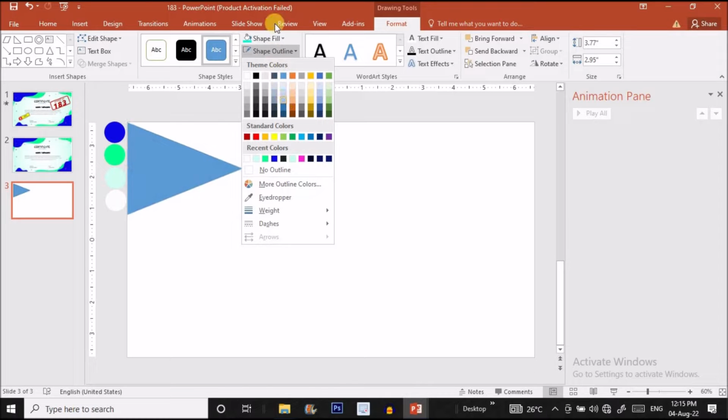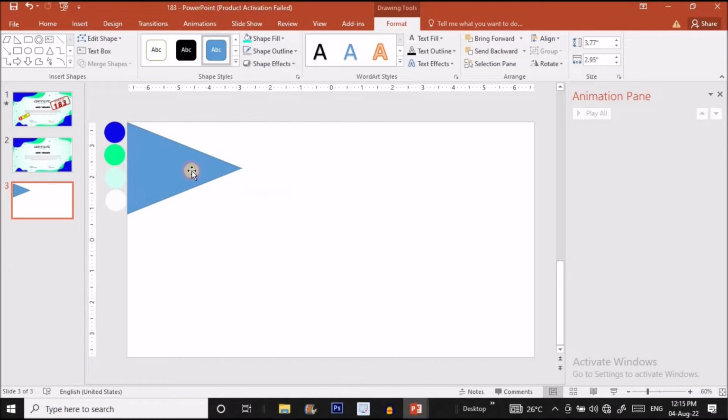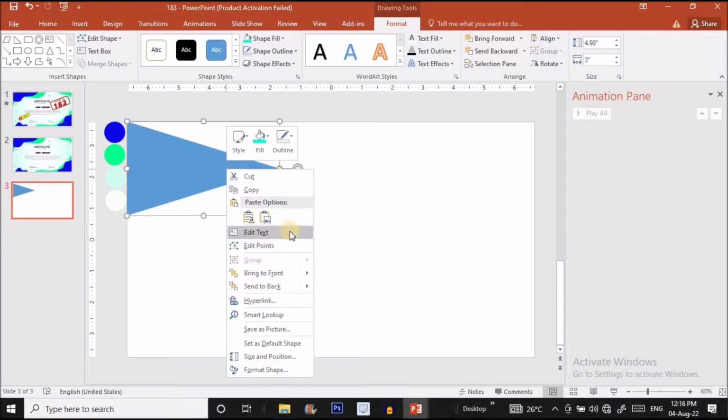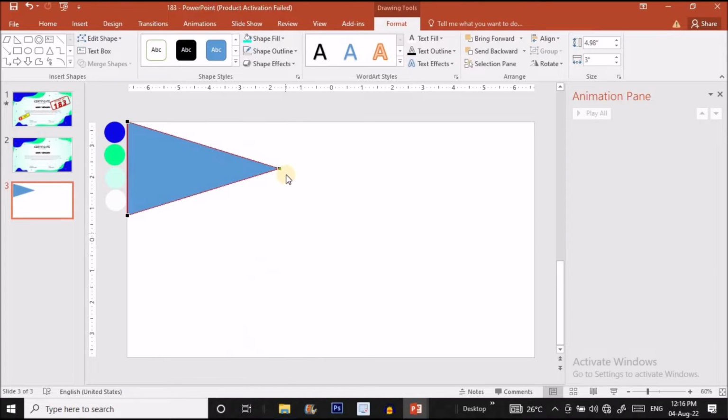Just remove the outline. So click on shape outline and choose no outline option from here. And after this, drag it to something this much and right click over the shape and choose edit point option here. You will find 3 black dots over here. So I'm going to change with this dot. I'm going to shift this dot over here, okay, or maybe something here,